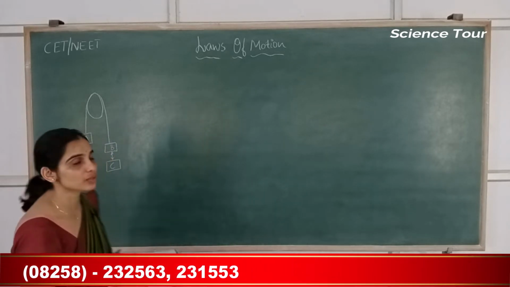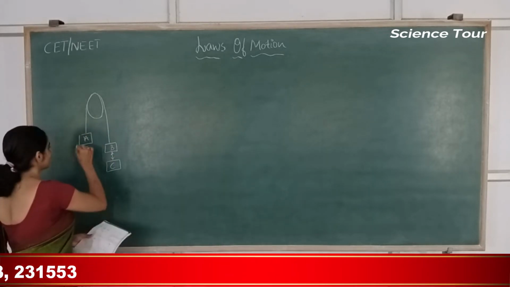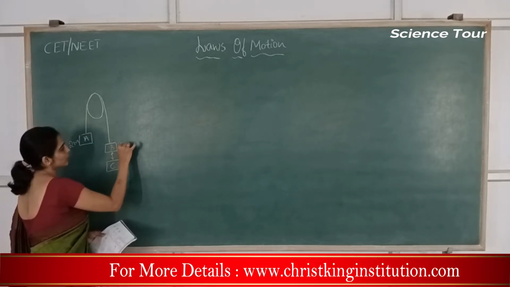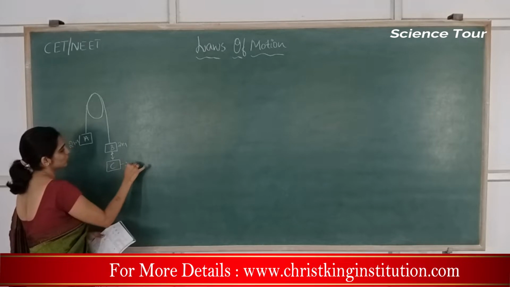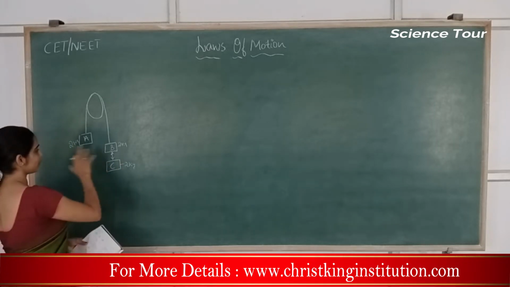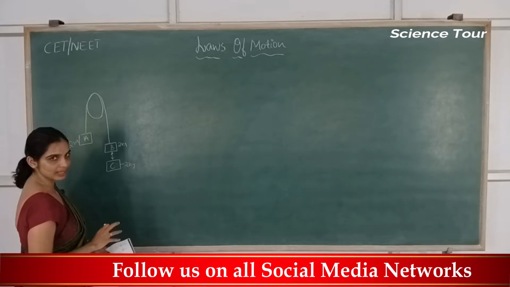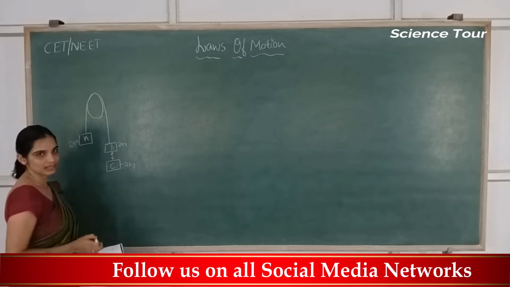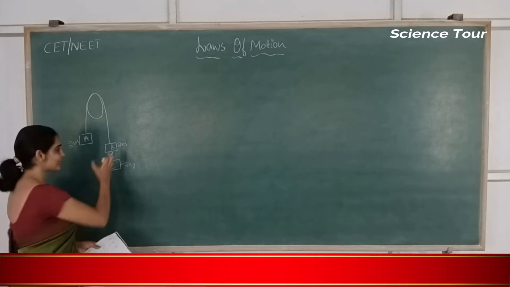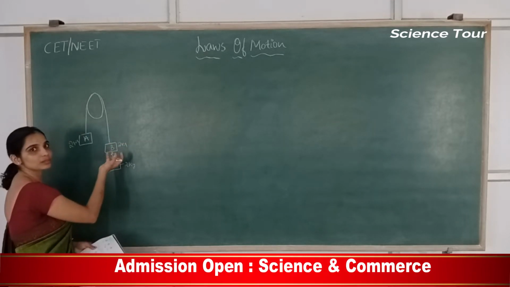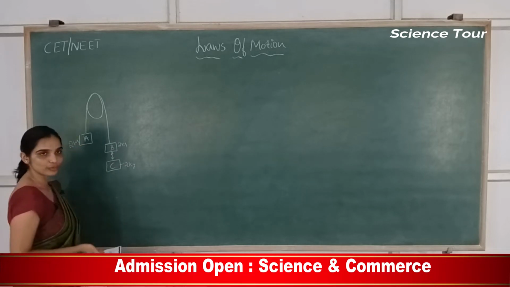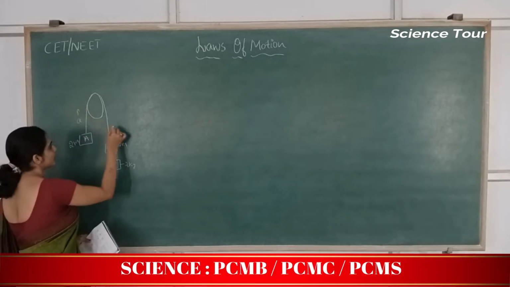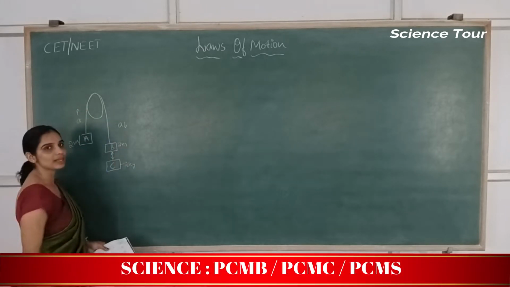What is the mass of each block? This is 2 kg, this is also 2 kg and this is also 2 kg. Obviously, by looking at the picture itself you can say that the mass at this end is greater than the mass at the other end of the string. So the mass on this side is way more than the mass of block A. So acceleration here will be upward and acceleration here will be downward.